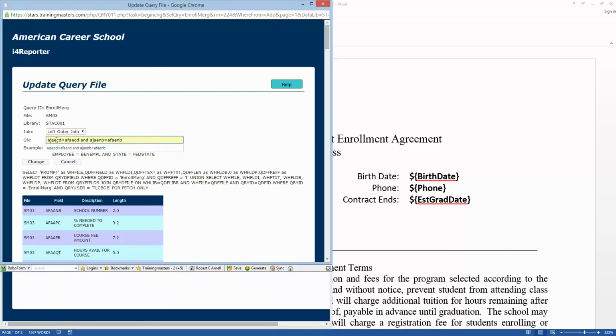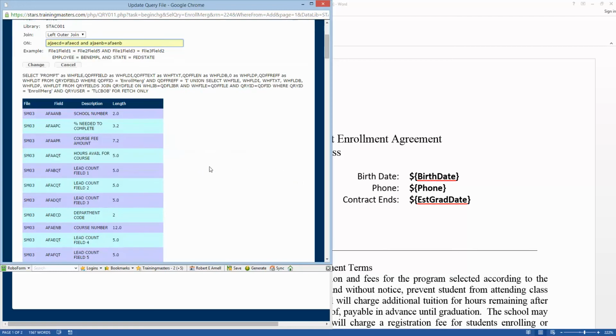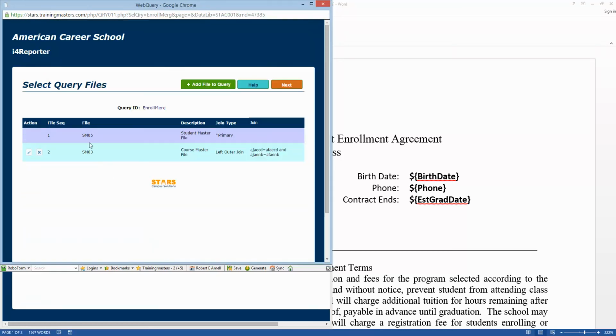So ECD is actually the department code, ENB is the program, AJA is the student file, and AFA is the course file. So I'm saying, where in the student file the department is this, in the course file it's that. That's the joining I want to do. So by doing that, I have the course master file joined with the student master file. So when I go into next here again,